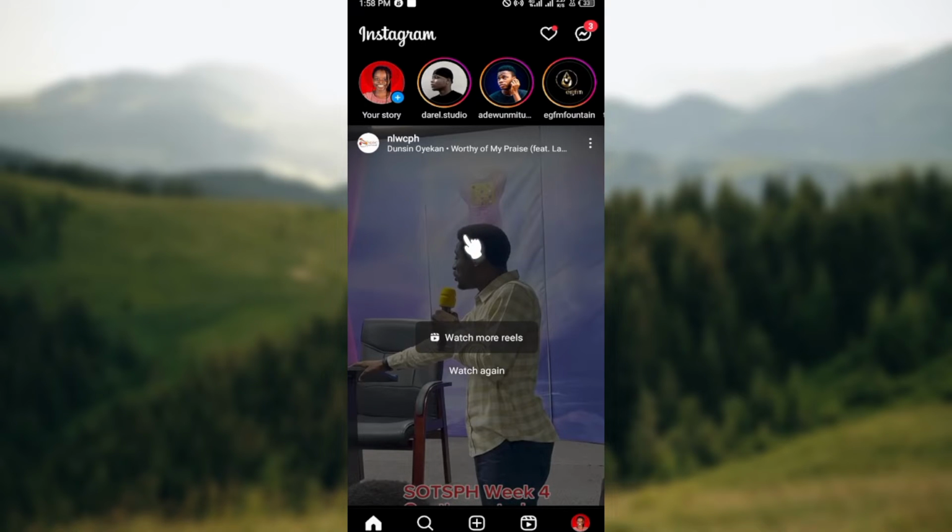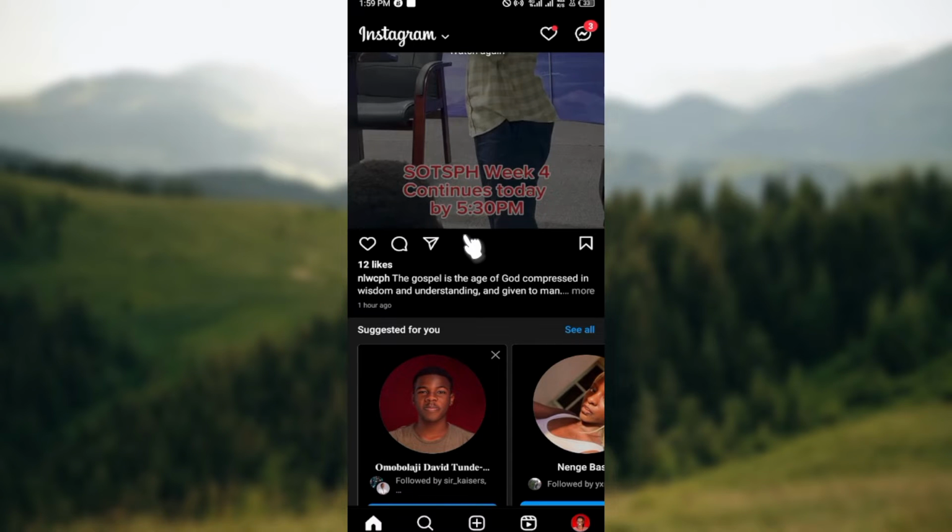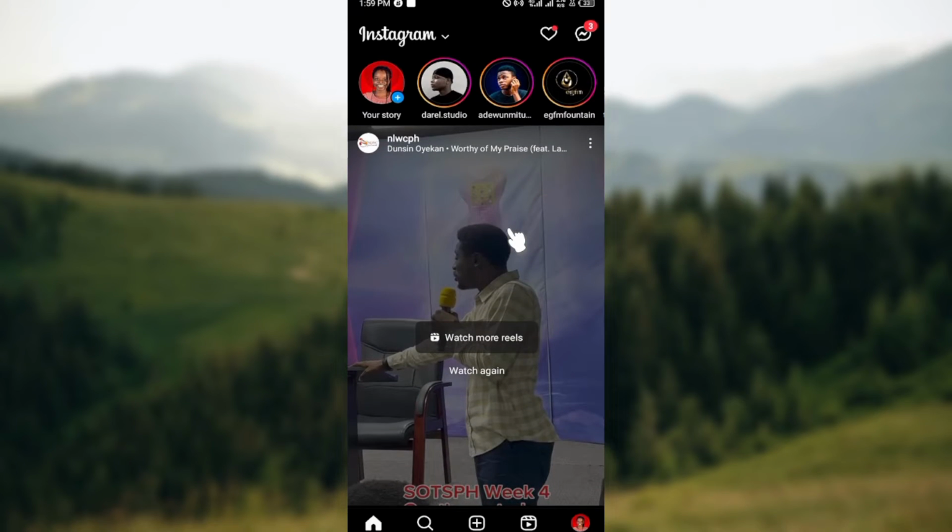Alright, so boosting a post on Instagram allows you to reach a wider audience beyond your existing followers, and whether you want to promote a specific post, increase engagement, or achieve other goals, there are steps on how to go about it. So the first step is to log in to your Instagram account, just like I have done here,